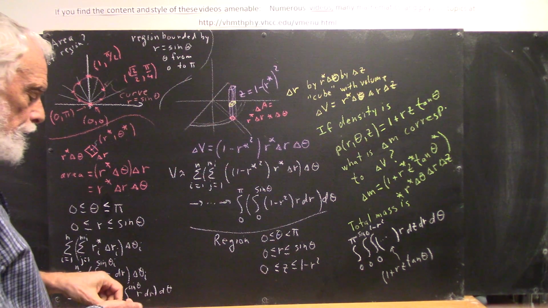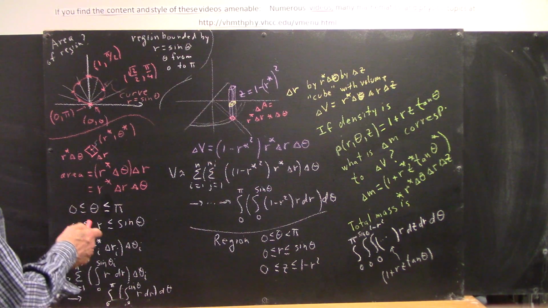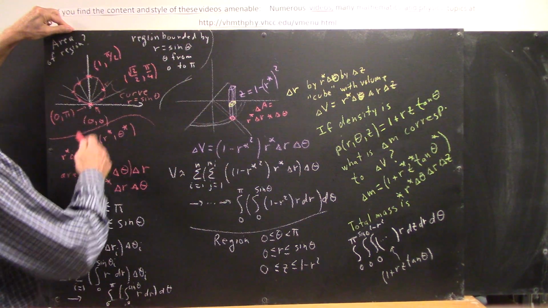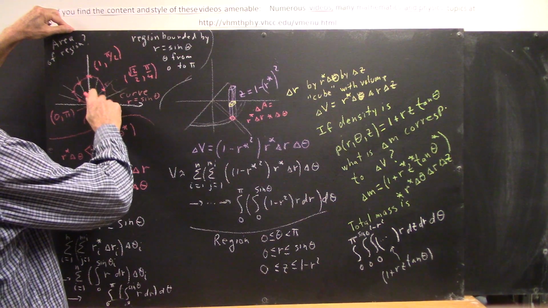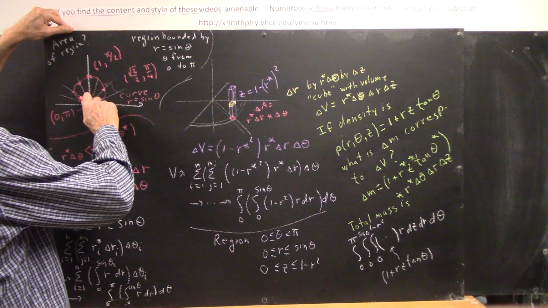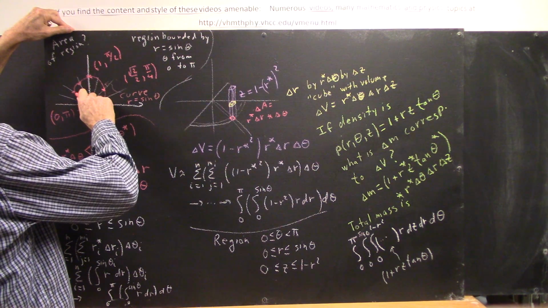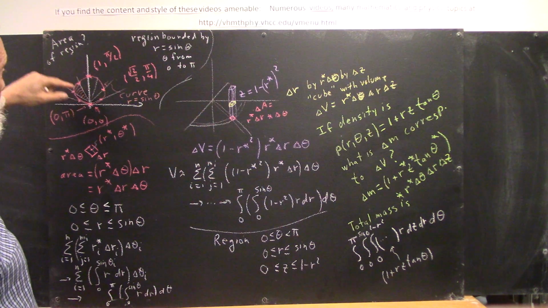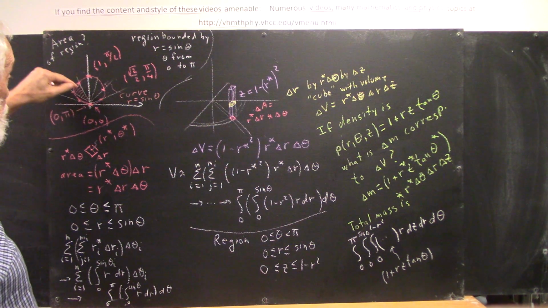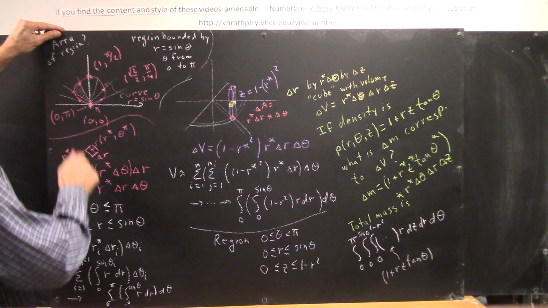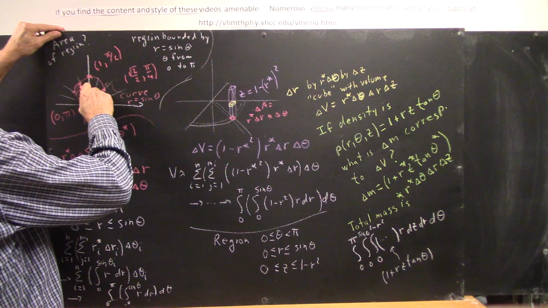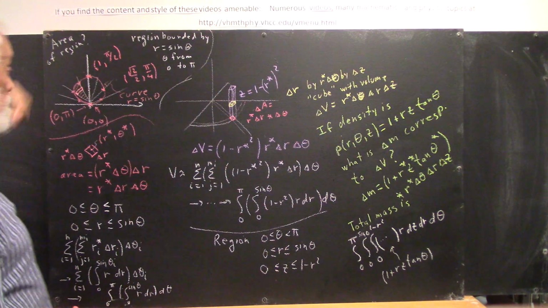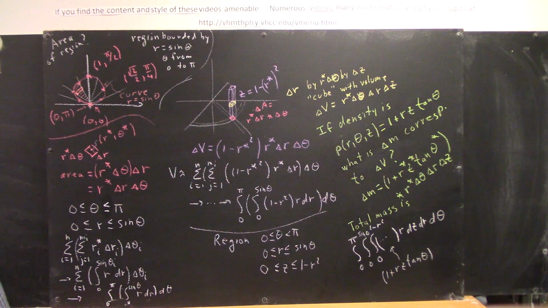And within each of these, we would partition our r variable. So for this region, for example, we would have a sequence of r intervals going from here out to here, and the typical interval would correspond to this. If this is our typical interval out here, it's a little wide, but if this is our typical interval,